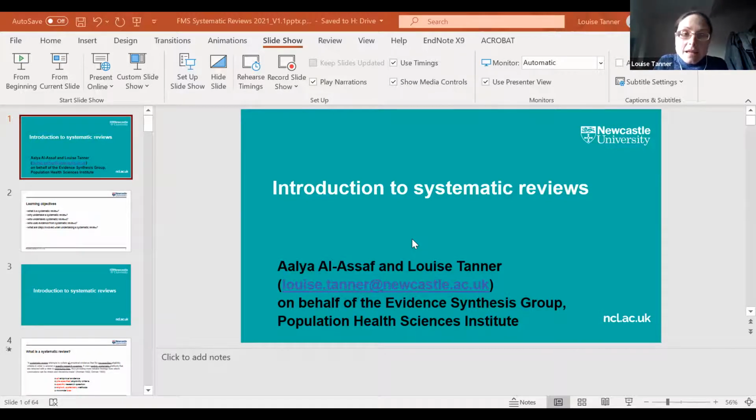Just before we start, I should mention that we are going to present this workshop in sections. Each section is quite short. At the end of each section, where we cover a particular topic, we'll pause briefly, and if anybody has any questions, you'll have the opportunity to ask them at that stage. It's possibly best if you don't put questions in the chat, just in case it's distracting for people, but please feel free to note down any questions, and we'll give you plenty of opportunities to come back to things that you would like us to cover in more detail or to clarify.